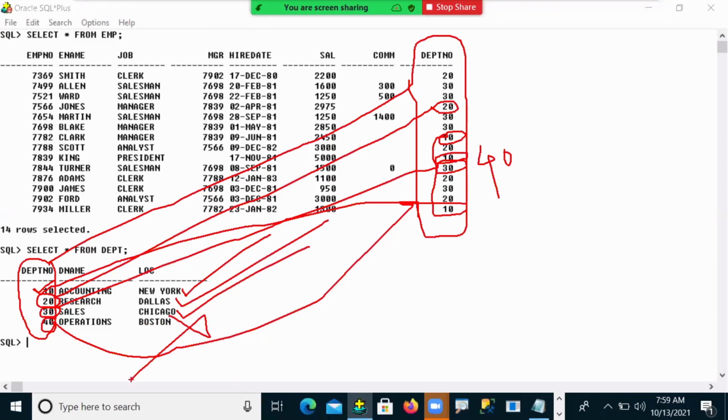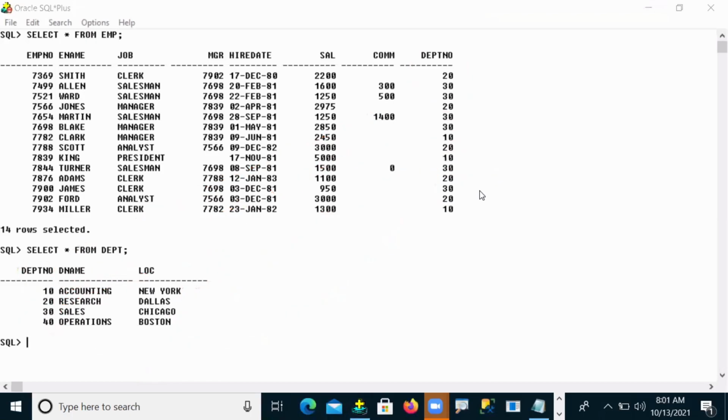Finally, the two table comparison: in which departments are employees working? The accounting department, research department, and sales department. In these three departments only employees are working, but no employee is working in the 40th department. Understand now? This is what was happening, guys.